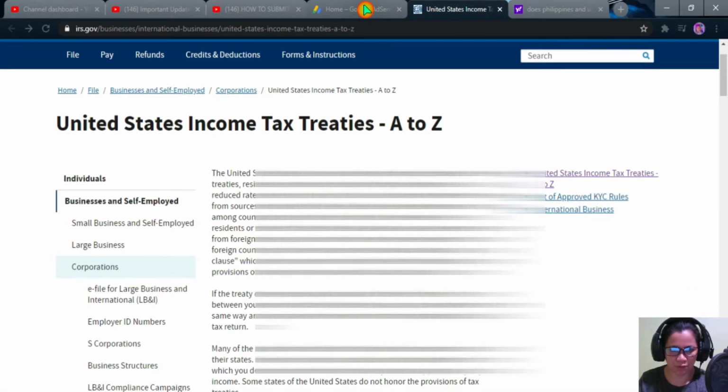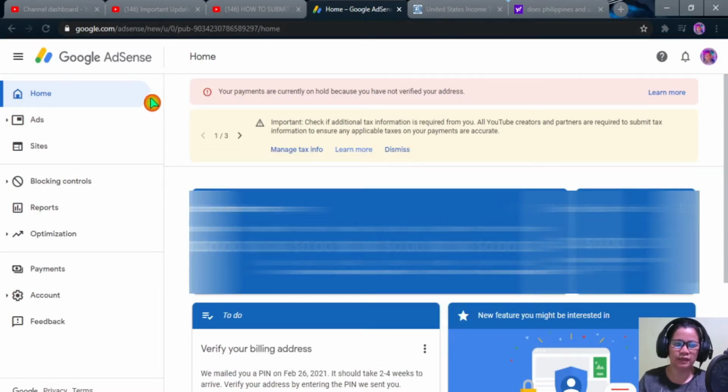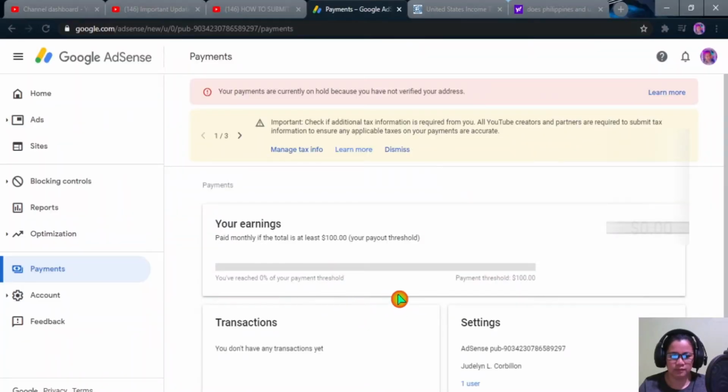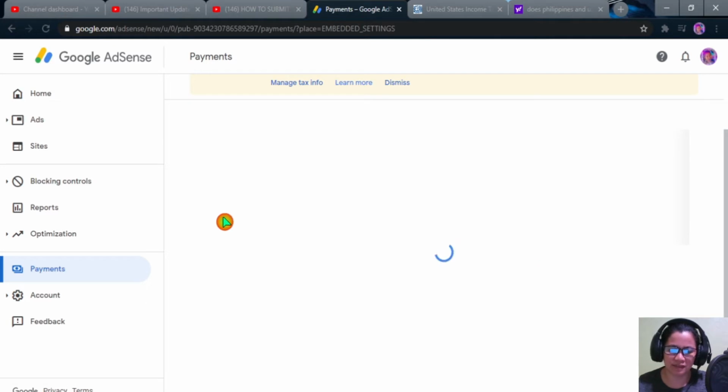Alright guys, so let's jump up into our Google Adsense. So from here in our window, so let's go to payment section. So click it. And let's wait for a while guys. A few moments later. Okay, so once another Windows is pop up, go on your manage setting on your lower right. Okay, click the manage settings